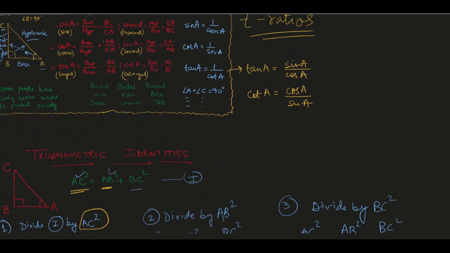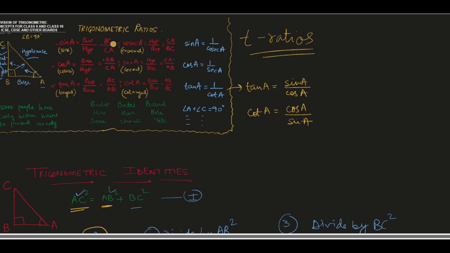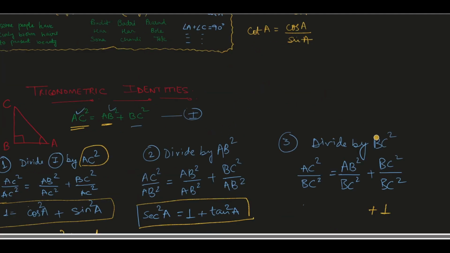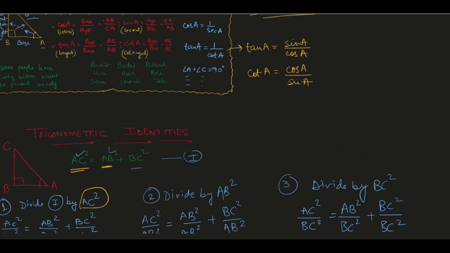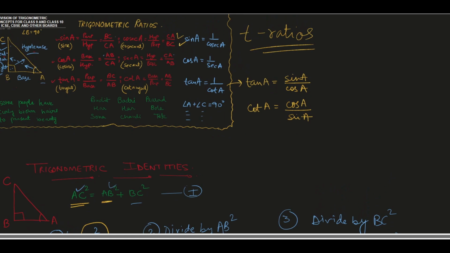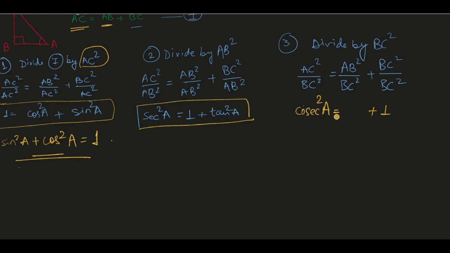Let's check out our T ratio. AC square by BC square. So AC by BC. Where is AC? Yeah, this one. This is CA or AC and this is BC. So it is for, as you can see, cosec A. So let's write AC by BC. AC by BC is cosec A. So this is cosec A, and then since square is given, so cosec square A is equal to AB by